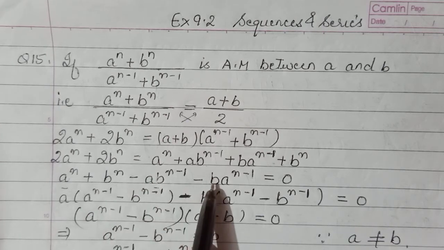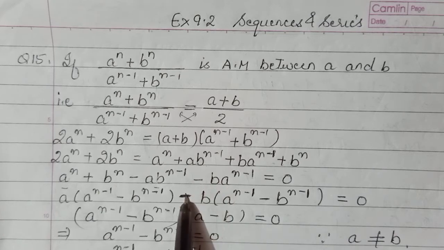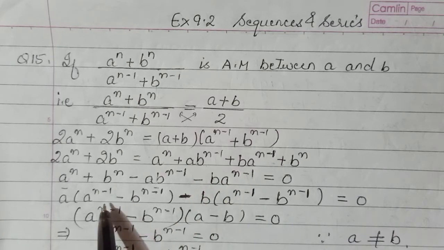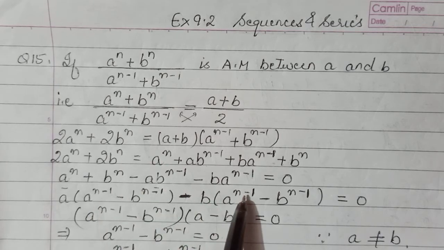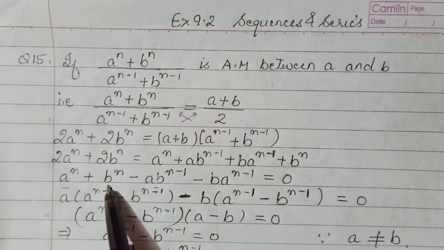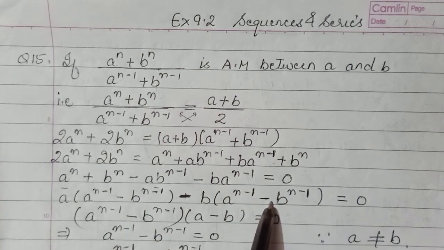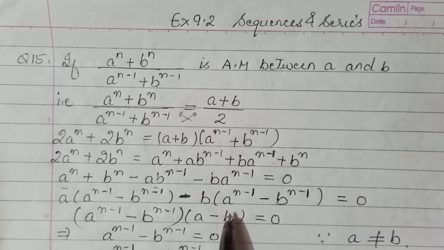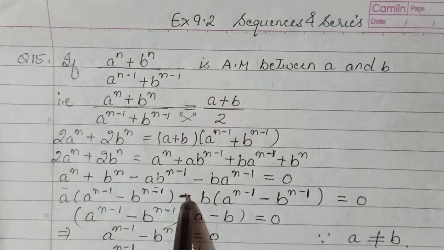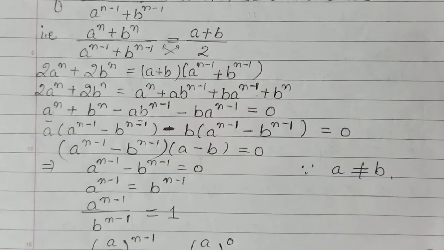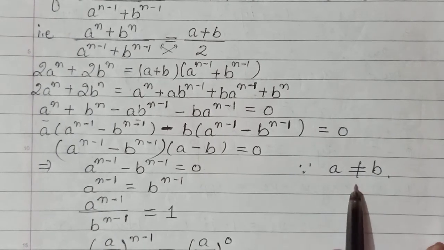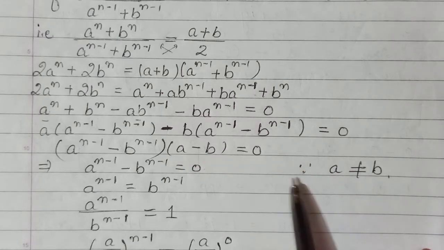Then from the second and the fourth term, we take minus b common, so that you get a to the power of n minus 1, which was here as well. And from b to the power of n, with b gone, the power will become n minus 1, and because the negative has also been taken common, this also becomes negative. Now these two factors are exactly the same, so again you can take it common, and the other factor you get is a minus b. Now a minus b cannot be 0, because that would mean a is equal to b, but a and b were not the same numbers.